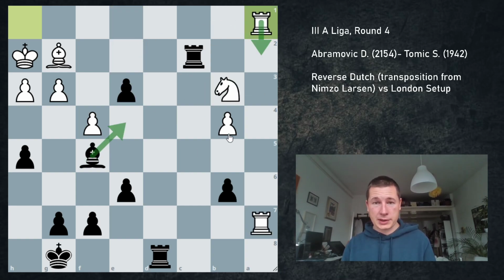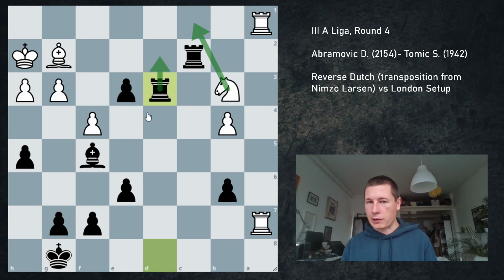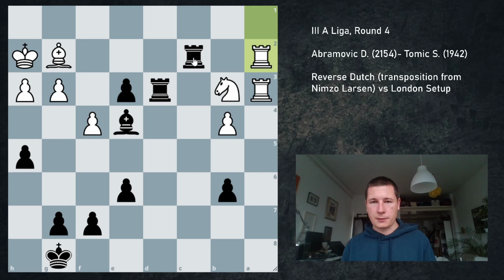So bishop e4 wasn't that clear. There's an easier move to win. I just go rook d3, and now it's dead lost. Why? Because if he plays knight here, I can just go here and win. For example, here, I just win the bishop. What else can he do? After rook d3, he defended the knight with rook a3, but now bishop e4 works, because if he plays rook a2 in this position, then takes the knight, and